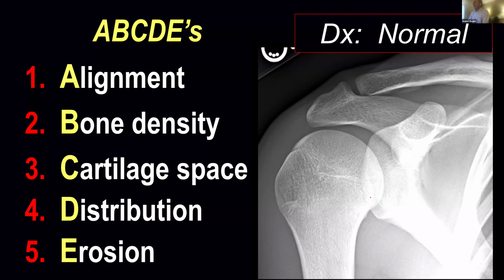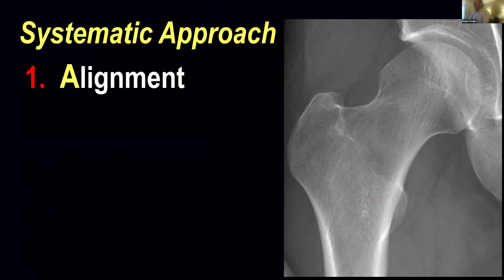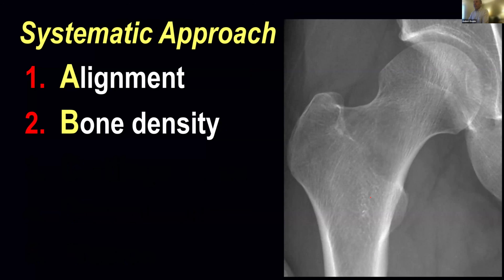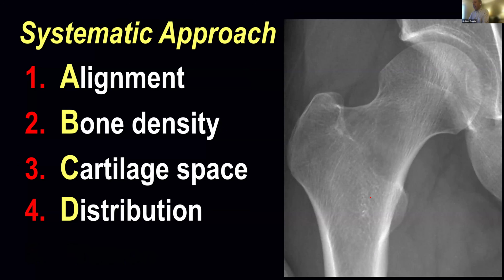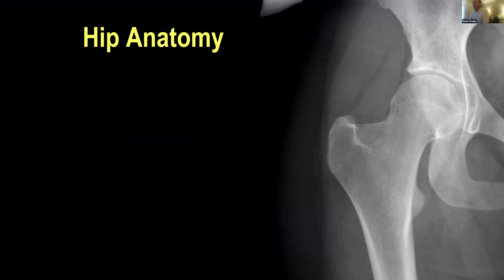So obviously it's good to know what normal anatomy looks like on radiography, but the systematic approach of looking at these ABCDEs can be applied anywhere you go in the body, including in the hip. So the alignment and bone density, as well as the cartilage space, look great here, but there is this osseous hypertrophy at a characteristic location, the anterolateral aspect of the femoral head neck junction, that cam morphology associated, of course, with the cam form of femoroacetabular impingement.